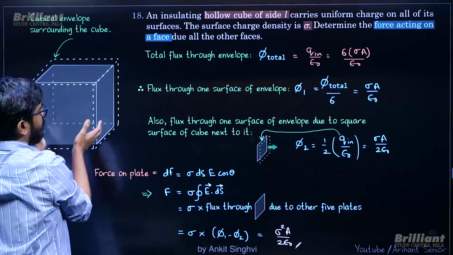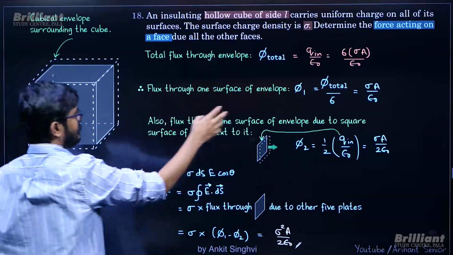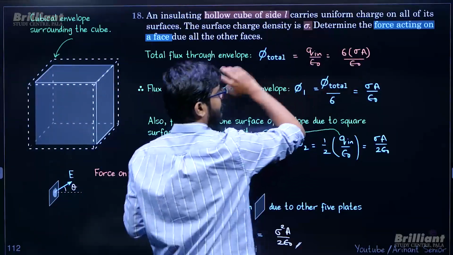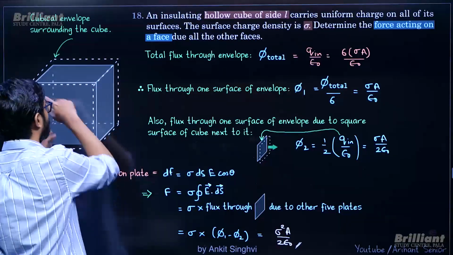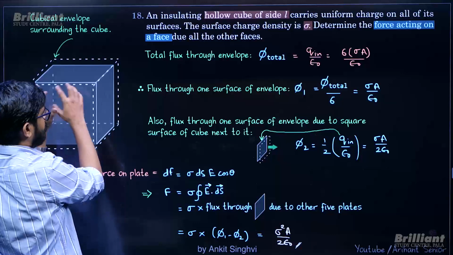Due to 6 phases for the entire Gaussian surface, it is this much. So from now onwards, I won't be bothered about that. Now I am concentrating on this one phase. So total flux because of all 6 phases, or due to the entire cube,